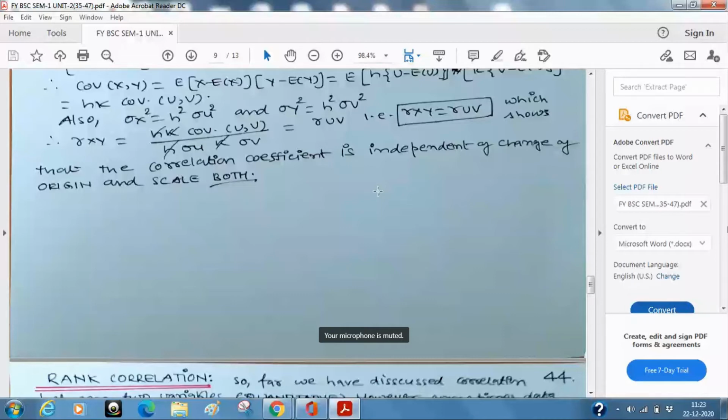So the idea here is that in real life, whatever we have discussed so far in terms of Pearsonian correlation coefficient, it was related to quantitative data where there is no ranking and there is no quality. Okay, sir, if my data is like that, there is no order, there is no ranking, and it is measurable in some number, Pearsonian correlation works very good. But in real life, it is not necessary that my data will always be quantitative. My data can be a qualitative data.